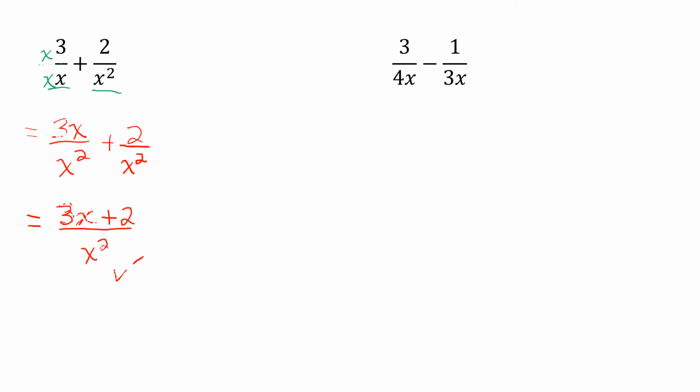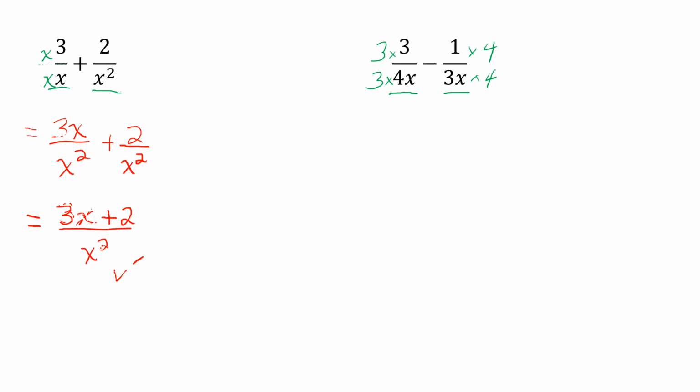with one denominator. So if we look at the other example where we're subtracting, subtracting is no different than adding. You still need this common denominator to make it work. So you compare. You notice they both have x's already. It's just the coefficients that don't match. So 4 and 3, we can do a common denominator of 12. So we're going to multiply this side by 3, and we're going to multiply this side by 4